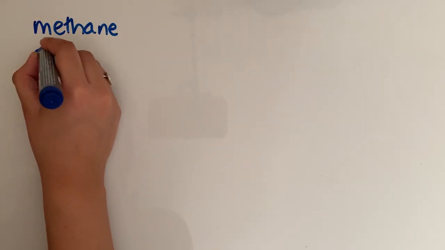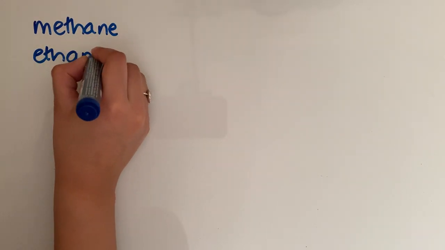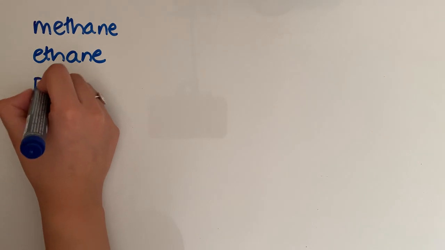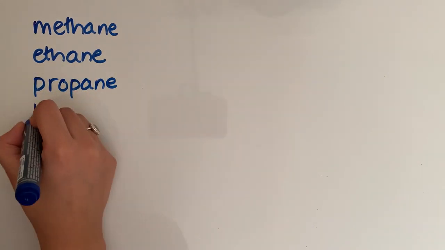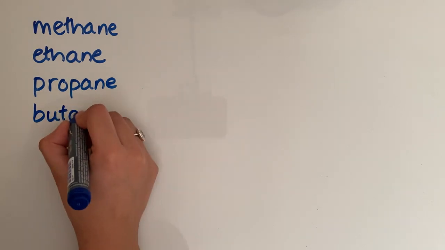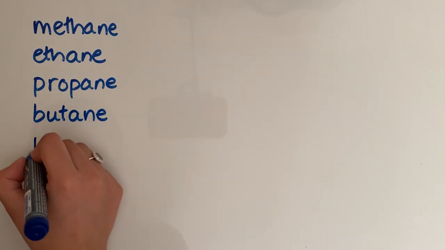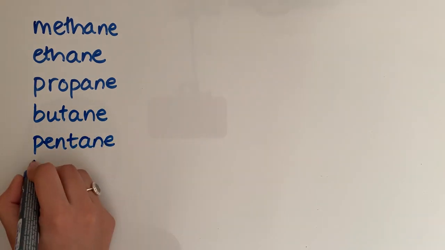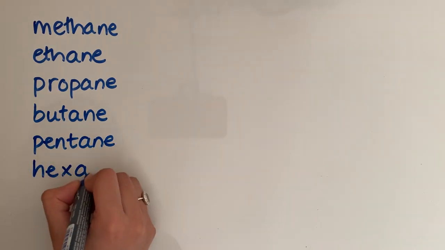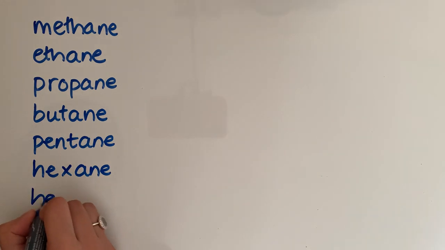If we have 2 carbons, it's called ethane. If we have 3 carbons, it's called propane. 4 is butane, 5 is pentane, 6 is hexane, 7 is heptane,